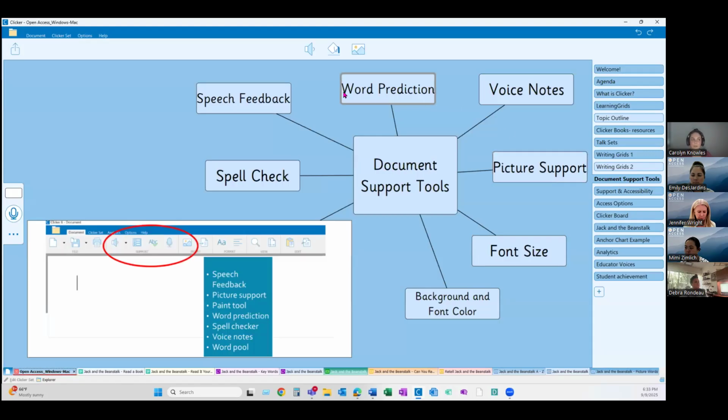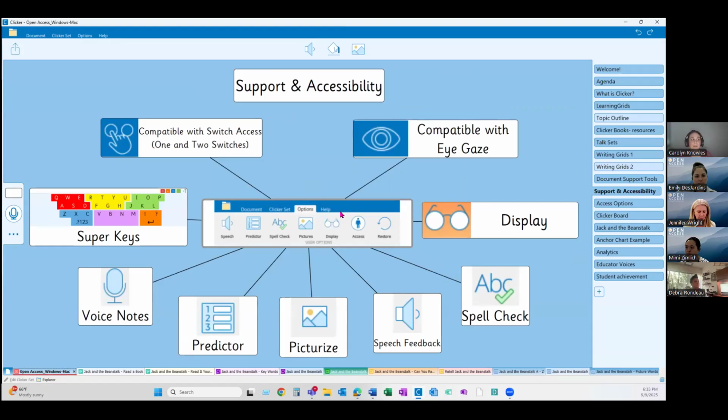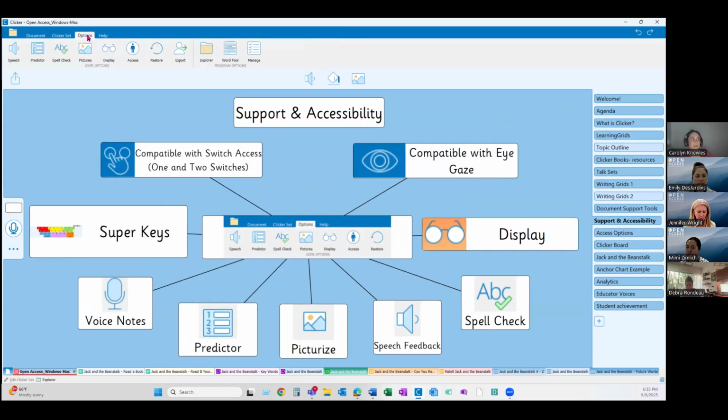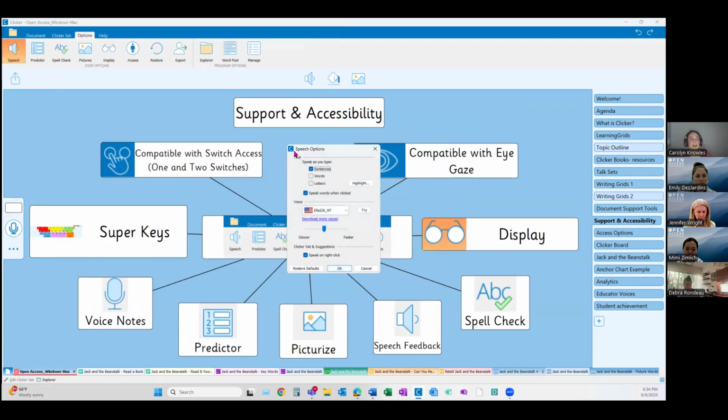And those are where the tools are located, right? But the options tab has more options for specifying those if you need to. Now that is right up here, so I don't even have to leave the grid to show it to you, but this is what this screenshot is, and all of these settings are located up here. So if, for example, I wanted Clicker to read every word and every sentence, I can ask it to do that.